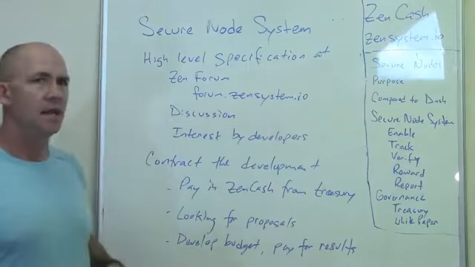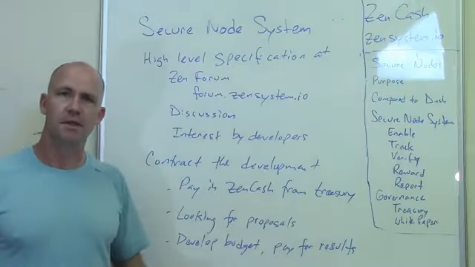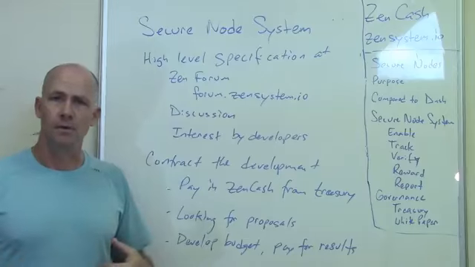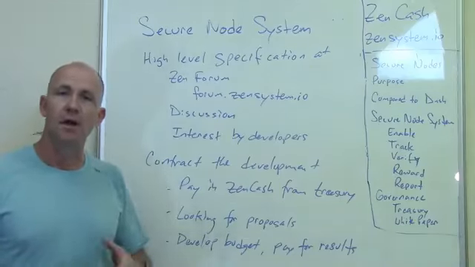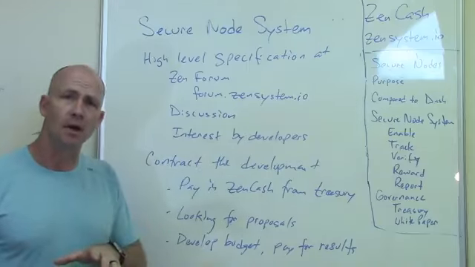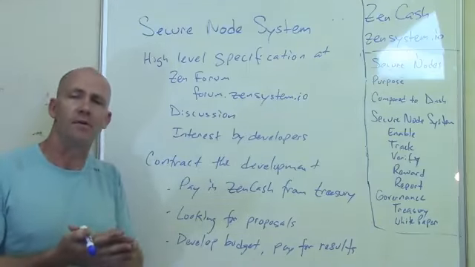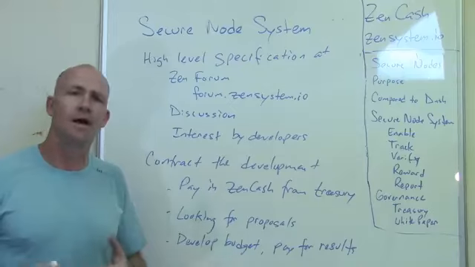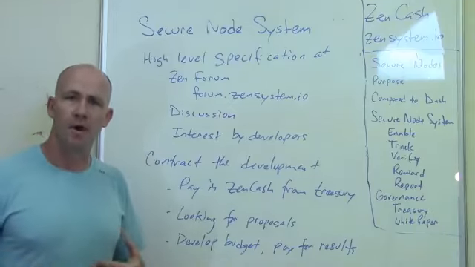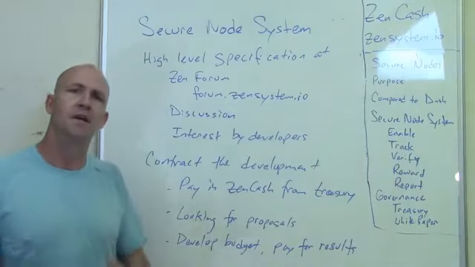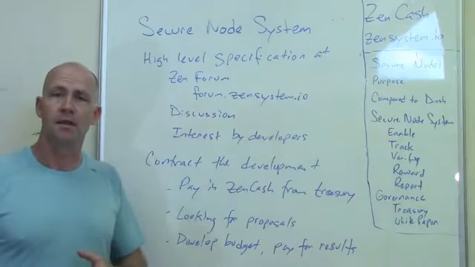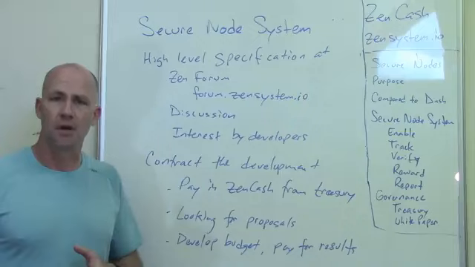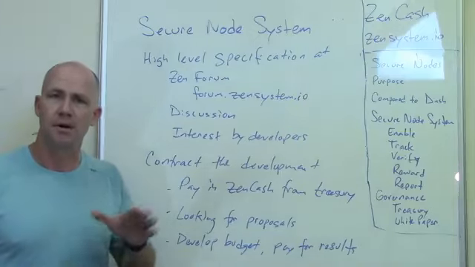So I put together a high-level specification, kind of a system-level diagram and explanation of the current way that we're planning on having this work, and this is to get something up and going. It's not really what we want to have long-term. Long-term, we want to have this in a distributed fashion, run by the secure nodes themselves, and things pretty much happen automatically. But right now, we can get things going and get secure nodes going by putting together a straightforward